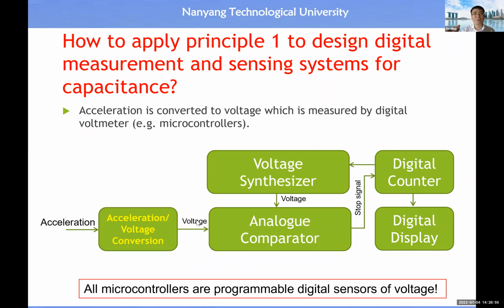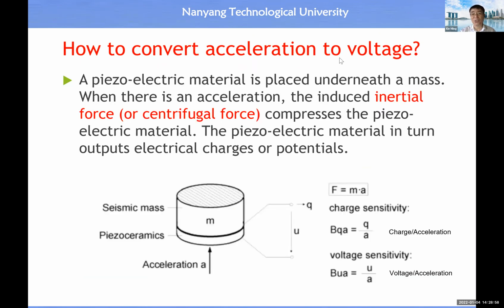So the next question is how to convert acceleration to voltage. The good news is we have this special type of material called piezoelectric material, such as piezo ceramics. Here we put the inertial mass. Then when there's an acceleration in this direction, this could be a linear acceleration or radial acceleration, this material will output voltage. This could be amplified if needed. We can always scale up or scale down the voltage